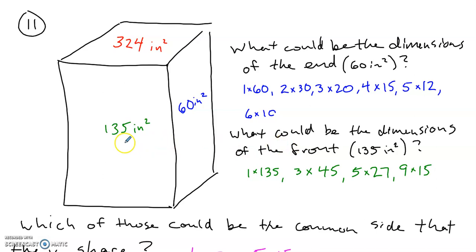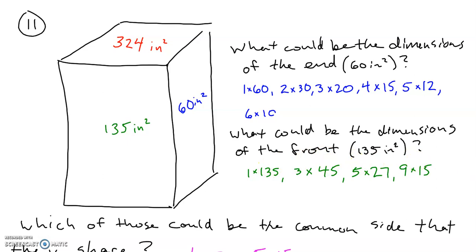I then did the same thing for this face right here. What could be the dimensions of the front to get 135? It's 1 by 135. 2 didn't work, but 3 did. 3 by 45. 4 didn't work, but 5 did. 5 by 27. 6, 7, and 8 didn't work, but 9 did. 9 by 15, and then 10, 11, 12, 13, and 14 did not work. And by that time I was back to 15, and then any number that would work after that is already